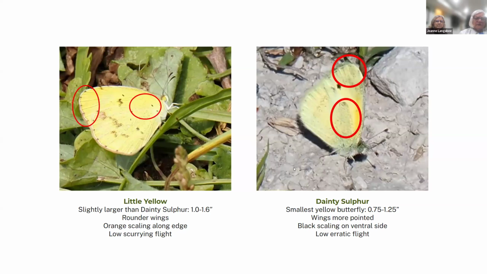The dainty sulfur is also a stray, and it looks like it's been rolling in the dust. When it's flying, it doesn't like to stay put very long. It almost looks white when it's flying, and you can see these black scales along it. It's slow and erratic. It wants to fly in front of you and keep leading you, and you think, oh good, I'll get a picture of it. Nope, it keeps flying in front of you. So those are the five sulfurs.